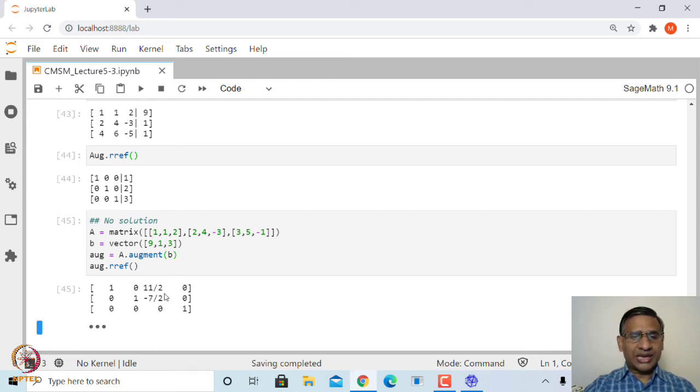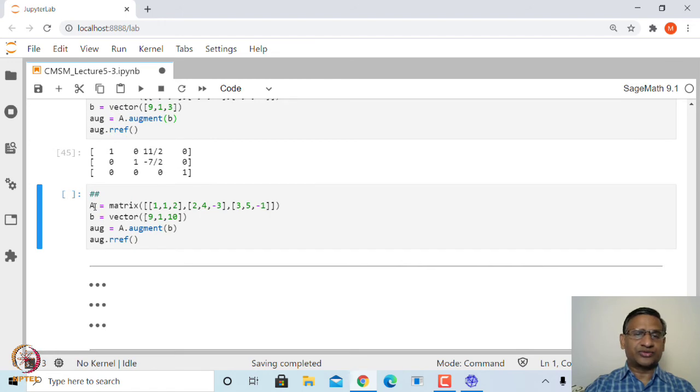So, when you apply RREF to the augmented matrix, and you see that on the right hand side there is something non-zero, while on the left hand side, the row corresponding to the matrix A, is all 0, that reflects that this system does not have a solution. However, in case the last row has become all 0, let us take an example. Suppose we take this system of linear equations. A is 1 1 2, B is 2 4 minus 3, C is the first row is 1 1 2, second row is 2 4 minus 3, third row is 3 5 minus 1 and so on.